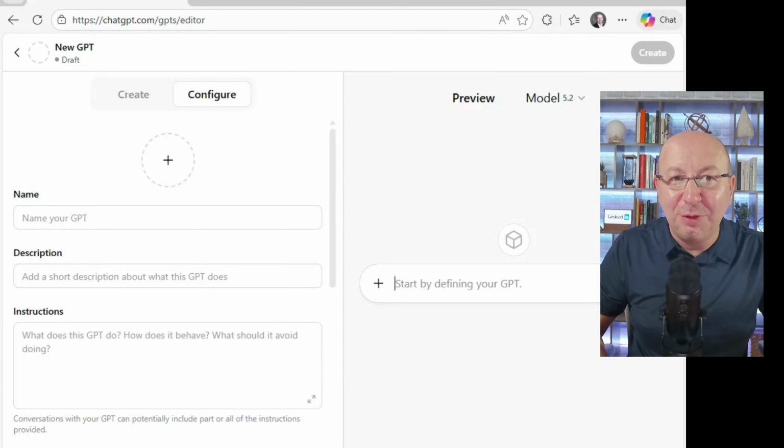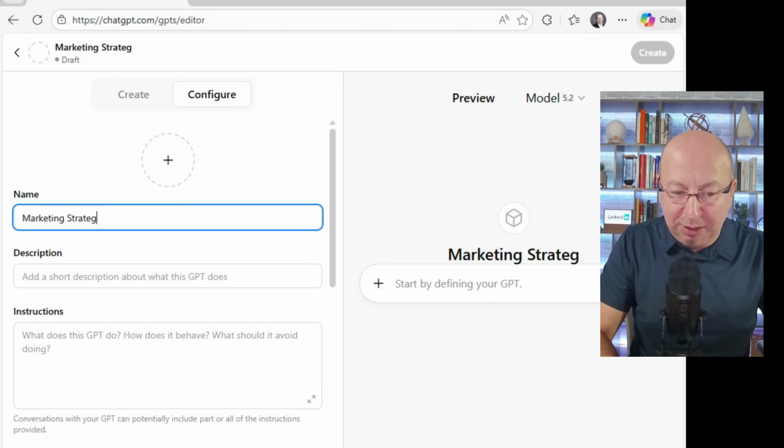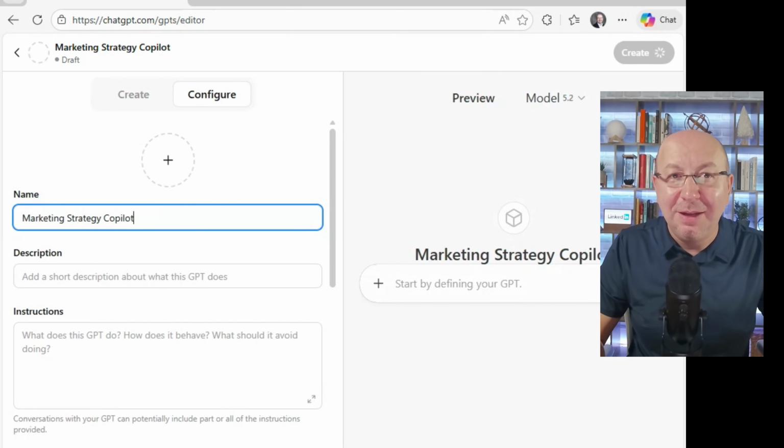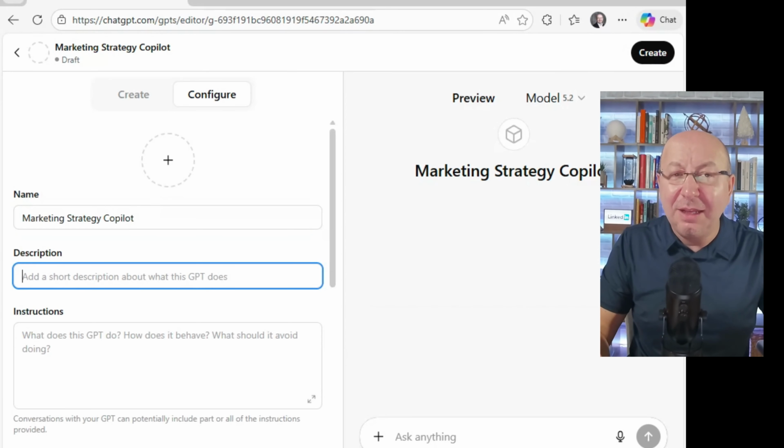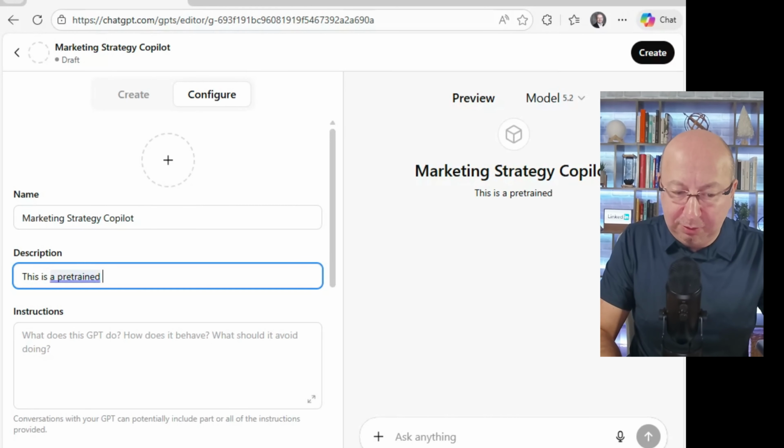The first thing that you have to do is name your GPT. You will use this name to find it across all the other GPTs that you might build, and it will also be easier for your team to understand from the name. So I will call it Marketing Strategy Copilot. I'm building my marketing strategy, and you can even give more description. This is a pre-trained copilot for helping you to develop